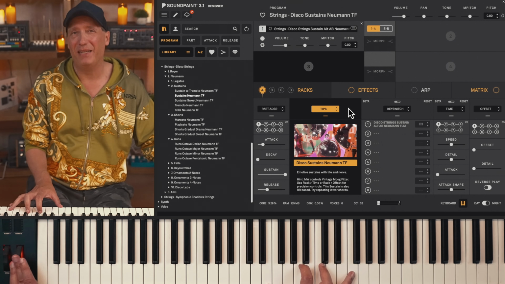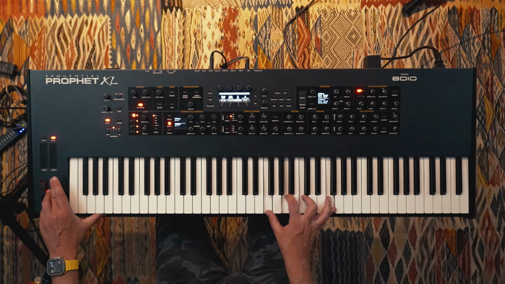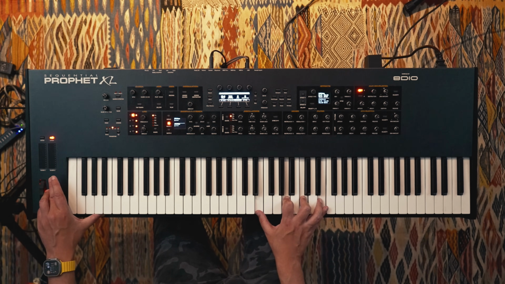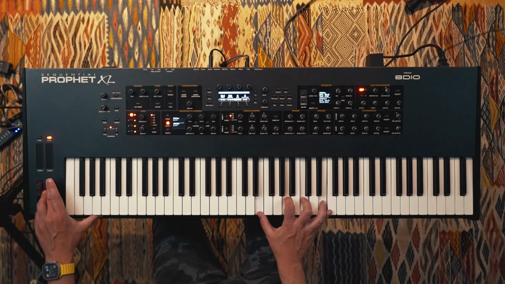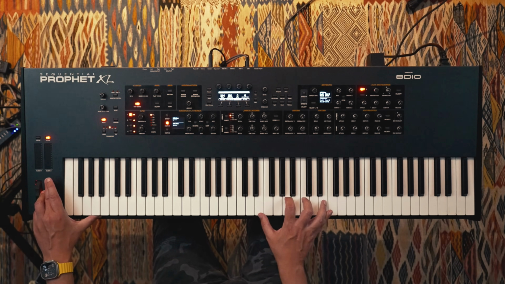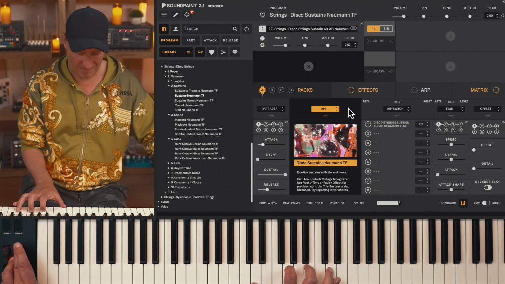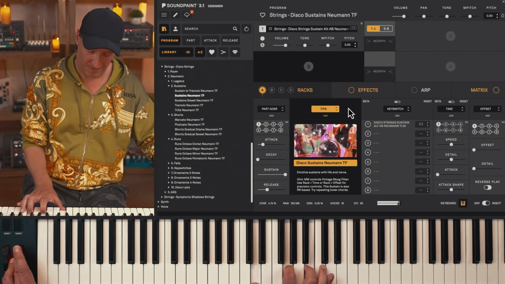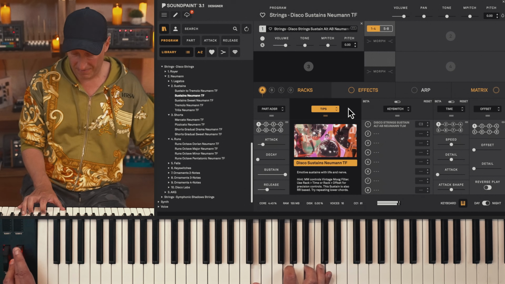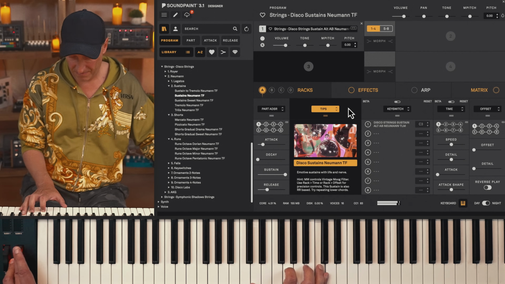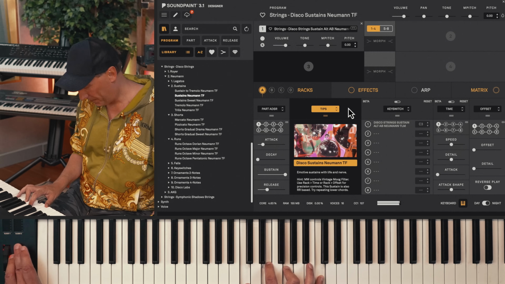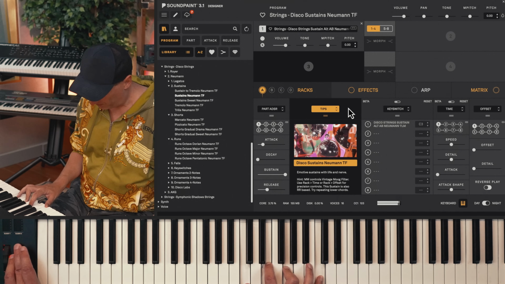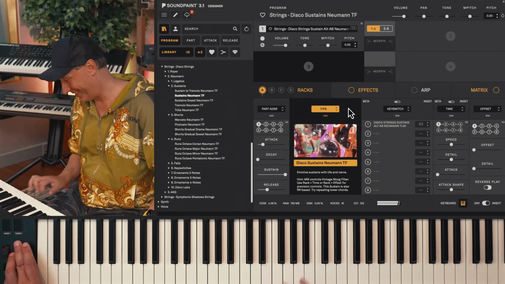Isn't it beautiful up here? I mean, there's such tension up here. Energy, energy, energy.